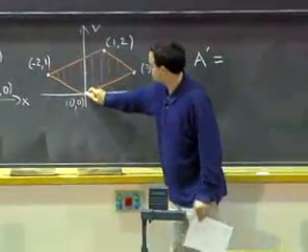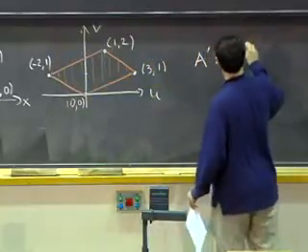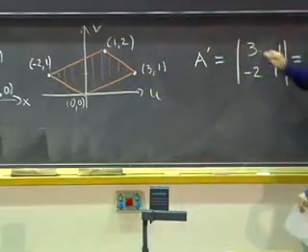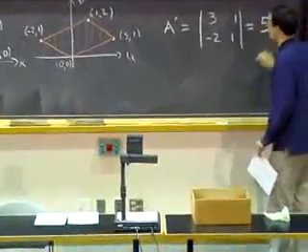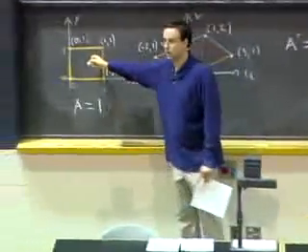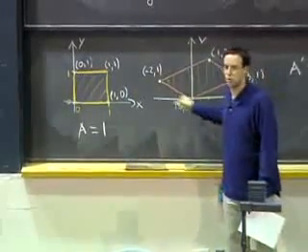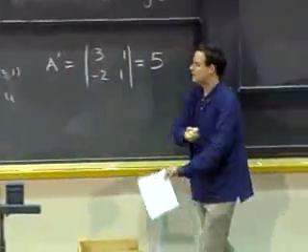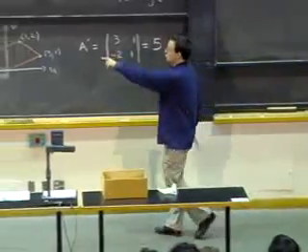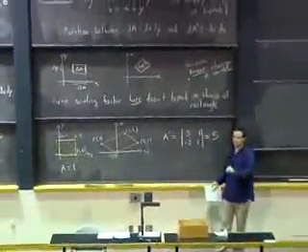Well, we can get that by taking the determinant of these two vectors. So one of them is 3, 1, and the other one is -2, 1. That will be 3 plus 2, that's 5. Okay, this parallelogram is apparently 5 times the size of this square. Here it looks like it's less because I've somehow changed my scale. I mean, my unit length is smaller here than here. But it should be a lot bigger than that. Okay, and if you do the same calculations, not with 0 and 1, but with x and x plus delta x and so on, you will still find that the area has been multiplied by 5.